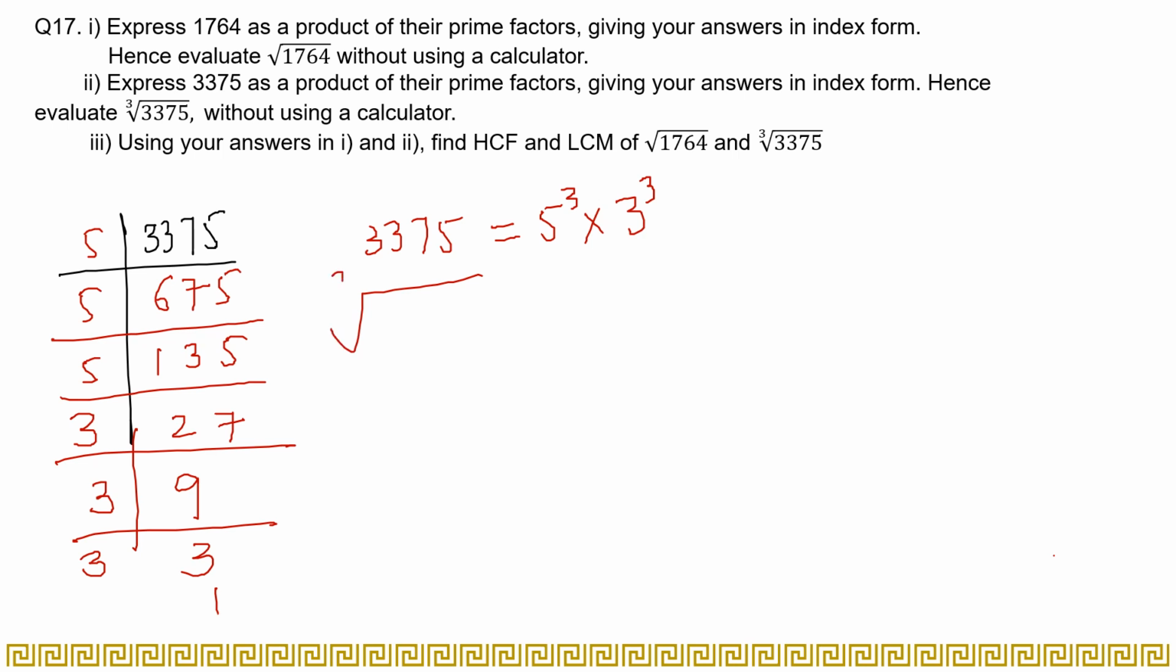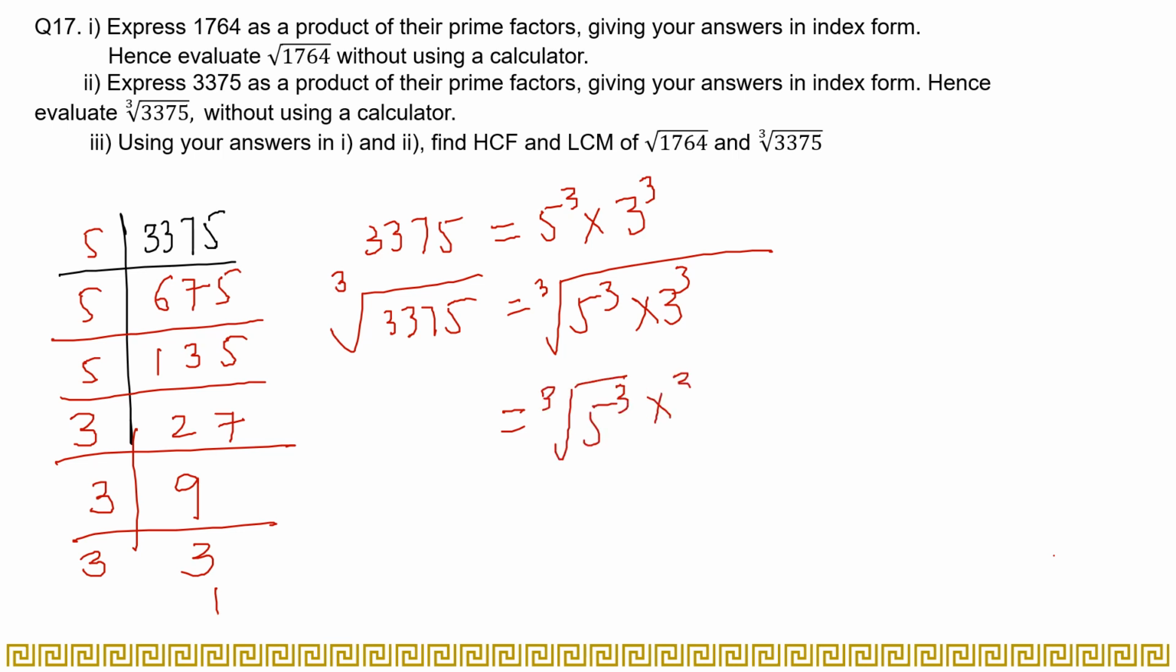Then we have to find the cube root. The cube root of 3375 is equal to the cube root of 5 cube multiplied by 3 cube, right? Then we can apply the cube root separately on these numbers: cube root of 5 cube and cube root of 3 cube. This cube cancels with the cube root, this cube cancels with the cube root, and then you get 5 multiplied by 3, which is equal to 15. That means the cube root of 3375 is 15, which in other words means 15 multiplied by 15 multiplied by 15 is equal to